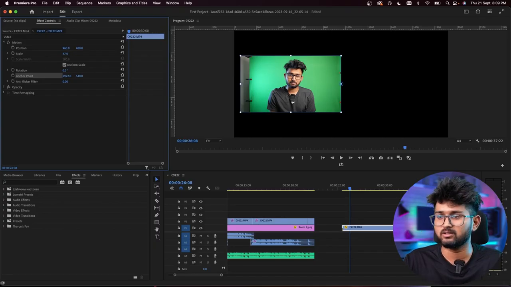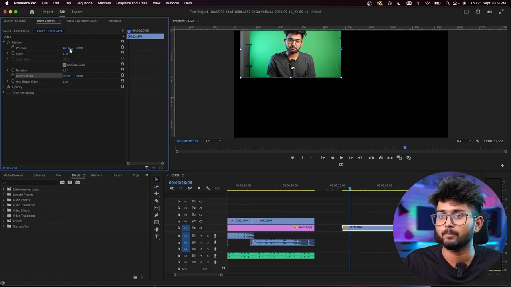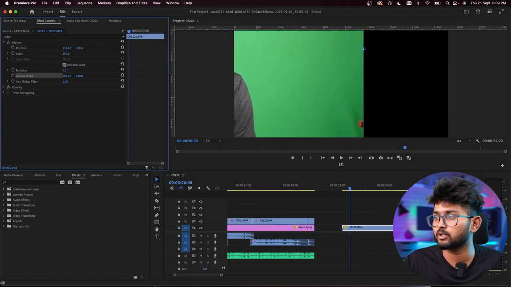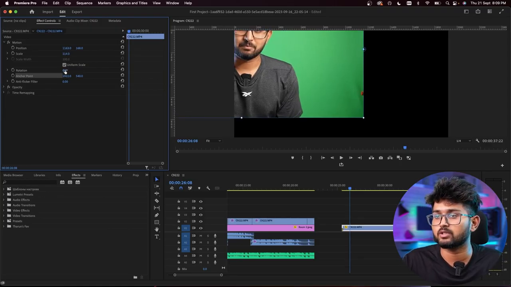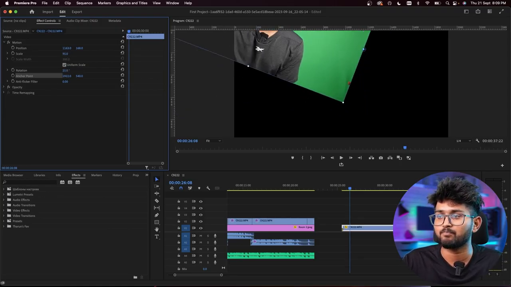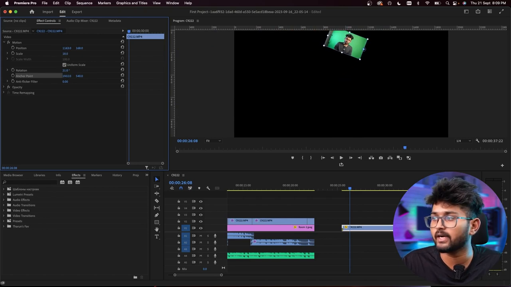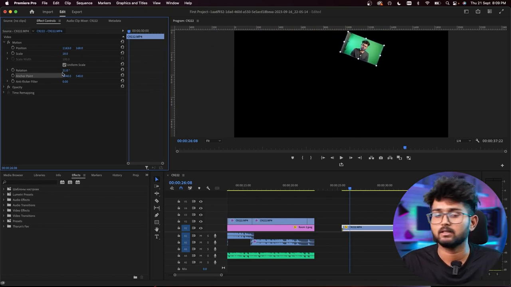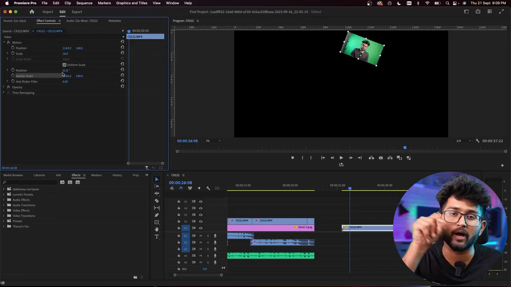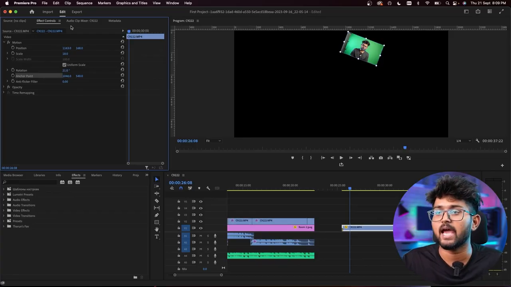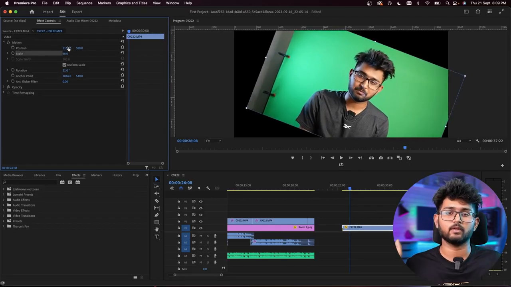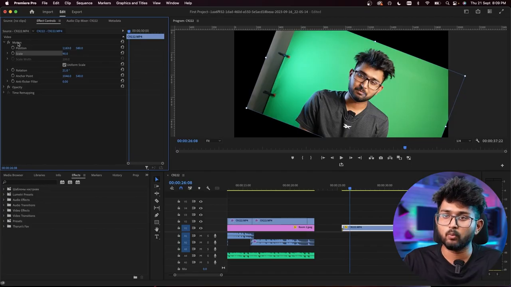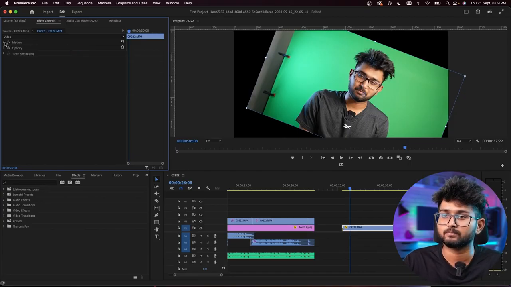Okay? You use this because you want to change the position of it. You use this because you want to expand and compress some image. You also use this to rotate something. And you use the anchor point to keep the center, or any point in the image, at a constant place, and then you can do the scale and position based upon the position of the anchor point. Okay? So now once this is done, let's get to the next thing.